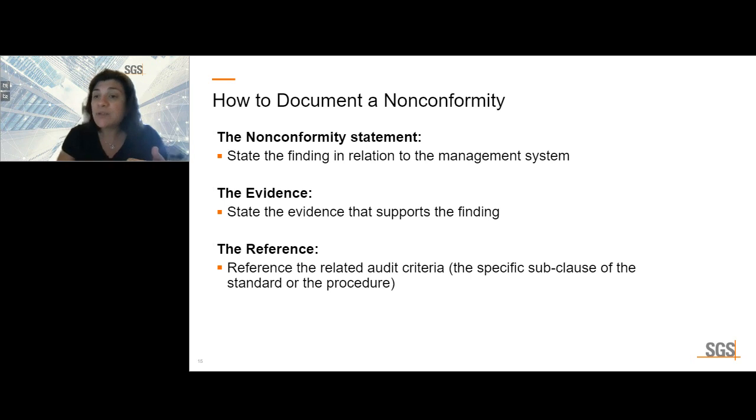As an example, you're supposed to conduct internal audits at minimum once a year and you haven't done it. In that case, that is a nonconformance. What's the evidence? The evidence is a lack of a report in this case. And what is the reference? So you need to actually reference that